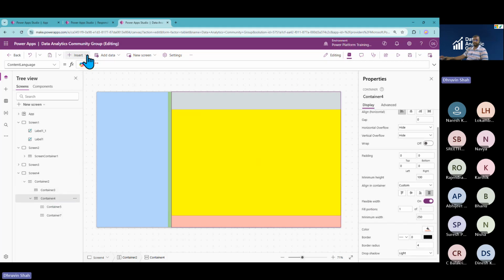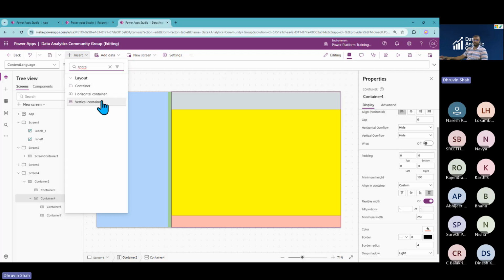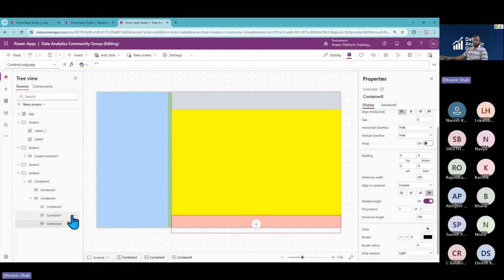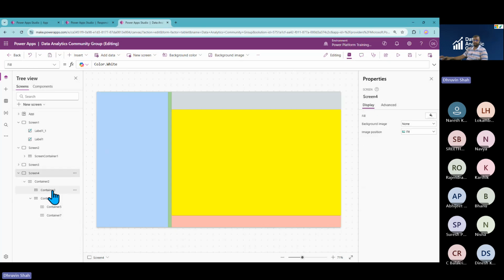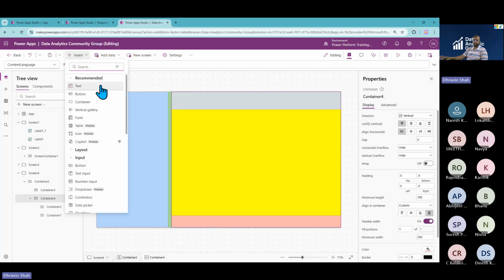So I'm just adding one container. And again, I'm just placing that container as a vertical container. Okay. So I don't need to place it over here. Just cut this out. Select this and then add